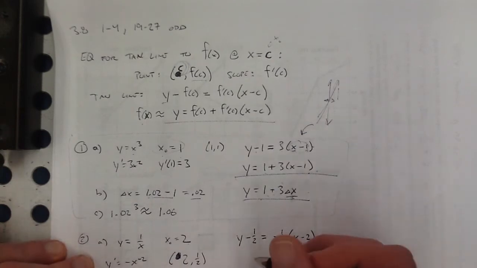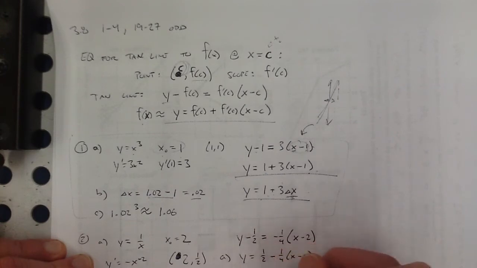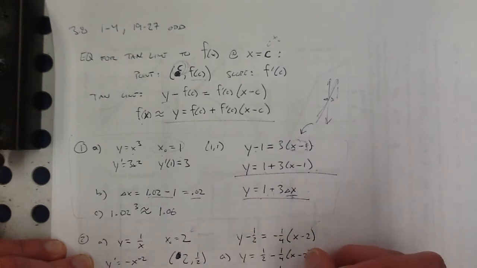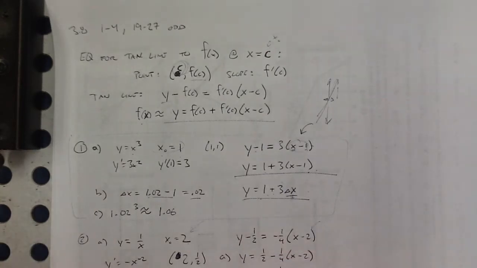You could move the 1/2 over. And then for part B, they're just saying, hey, we want you to recognize that this is just like how far away are you from the x value where you made the tangent line. So you could call that like a delta x. And then in part C,